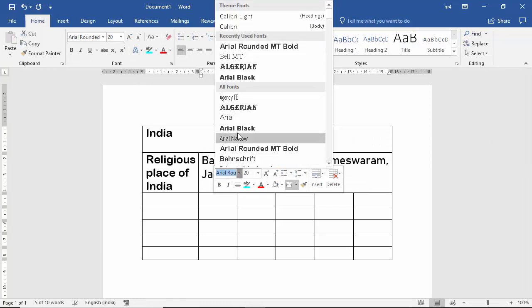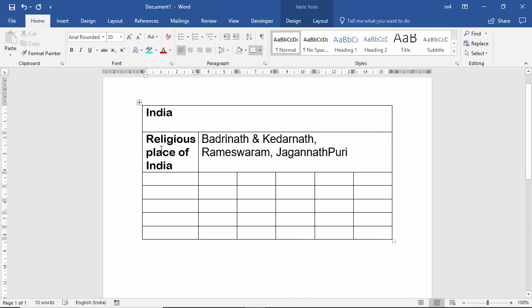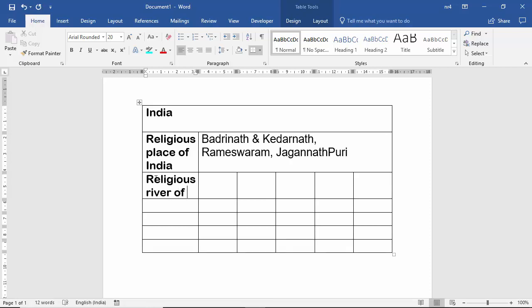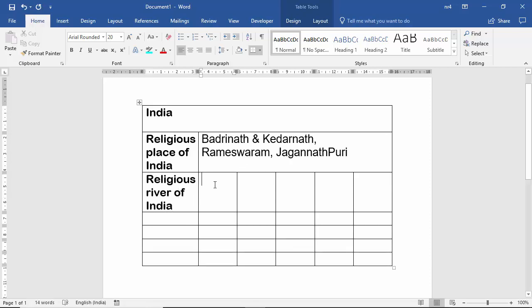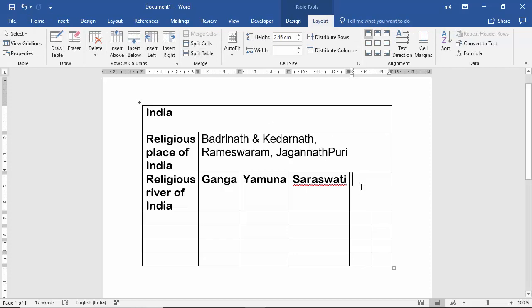This time I want to use Arial, and then go to the next field, and I want to enter here Religious Rivers of India, and I'm typing here Ganga, and I can also use these cells too, and I'm typing here Yamuna, Saraswati, and I want to merge these two cells, so click on Layout and then Merge. Then I want to type here Kaveri,